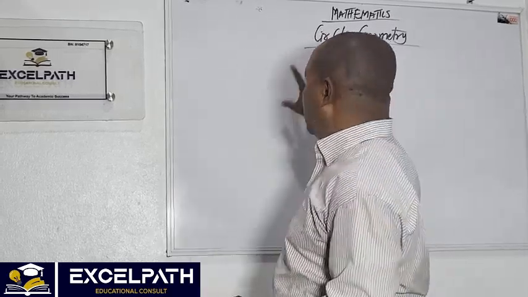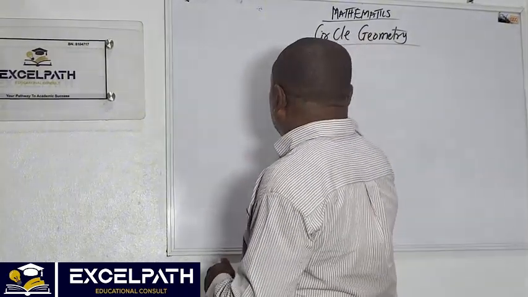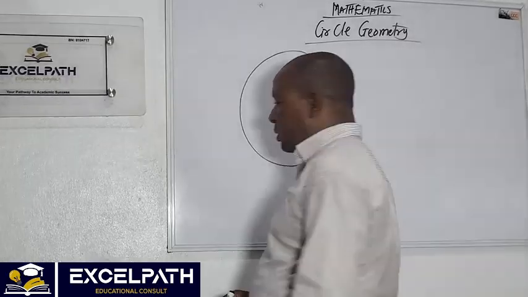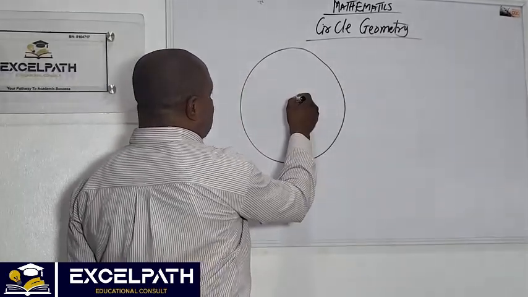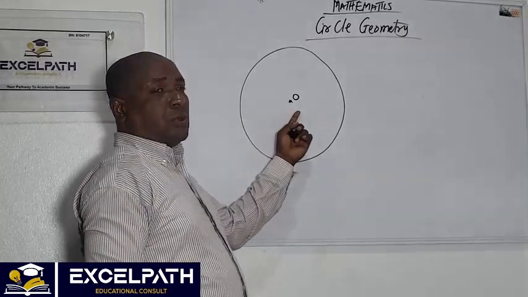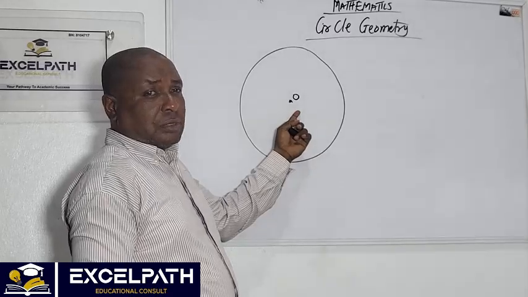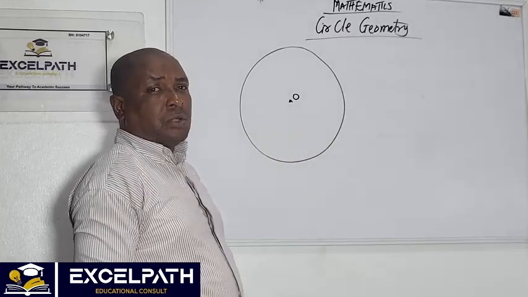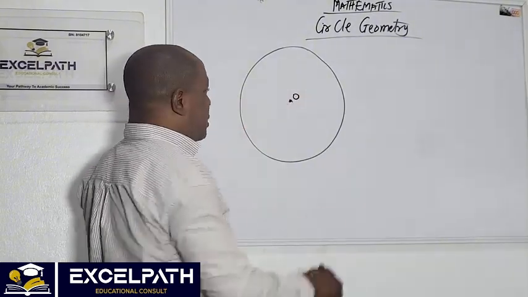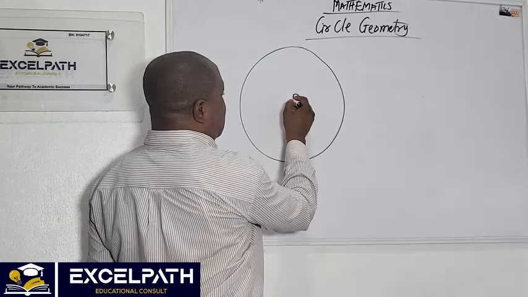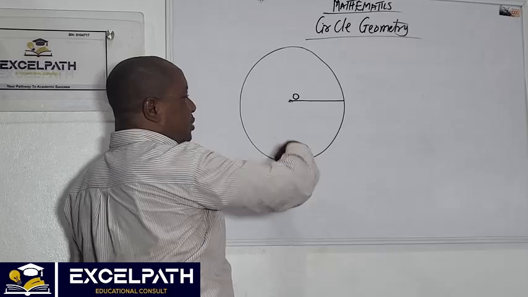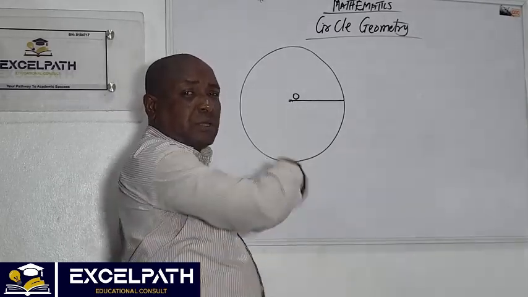Now, we all know what is called a circle. A circle is a plane figure that looks like this. Now, the center, remember, once you see a point like this, you know it indicates the center of the circle. Now, let me quickly define some lines that are associated with this circle. If I have a line drawn from the center to any point on the circumference, which is also the perimeter of the circle,